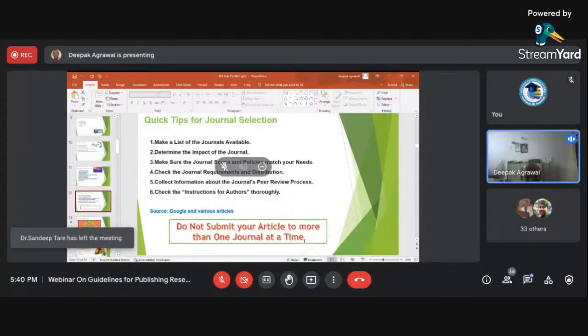Acceptance ratio is also equally important. The acceptance ratio is hardly 20%. We can't wait a year to learn that our paper has not been accepted for certain reasons. Again, you need to revise and resend, and it will go through the review process again. It will consume about 2 years to get a paper published. So better you decide it by yourself. But please take care not to submit a single paper to 2 different journals. And at the same time, please don't submit papers by simply modifying the title of the paper.